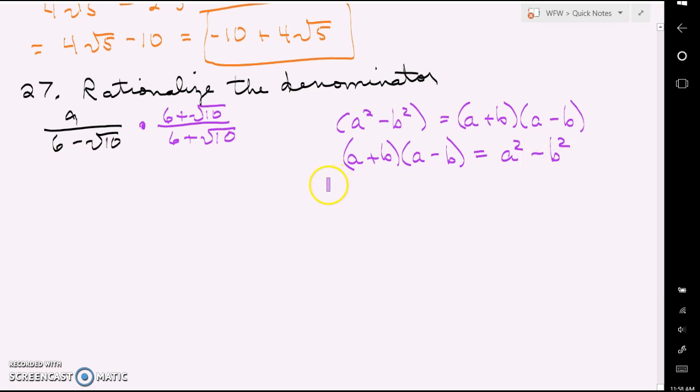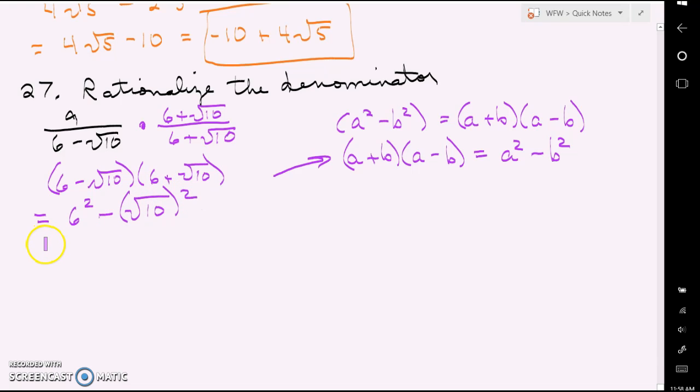Now, when you have 6 minus square root of 10 in the denominator times 6 plus square root of 10, then you can use this formula, a plus b, a minus b, and it can be in either order. Then that's going to be equal to 6 squared minus square root of 10